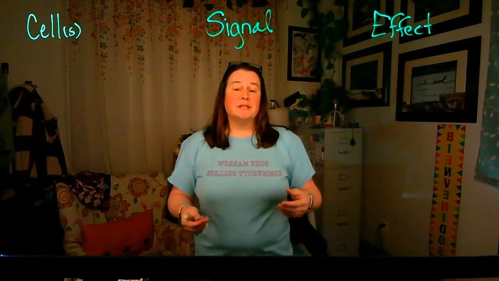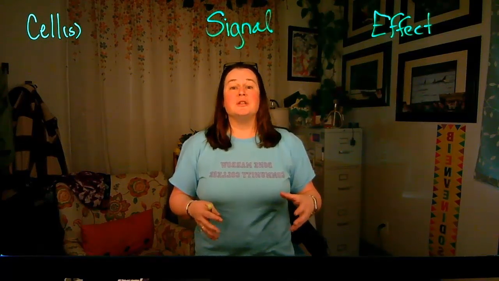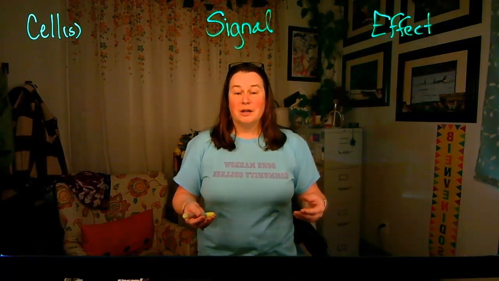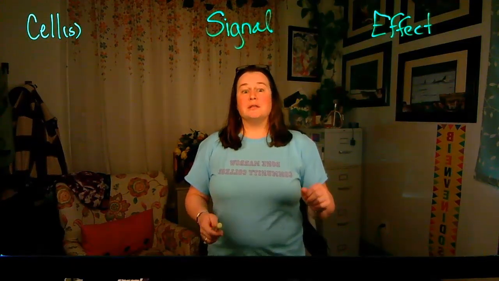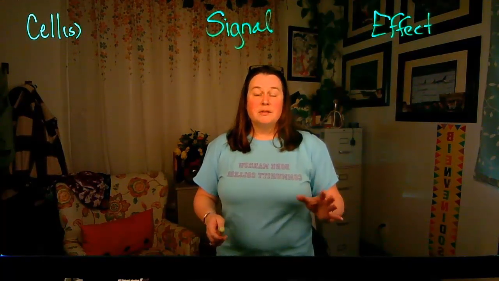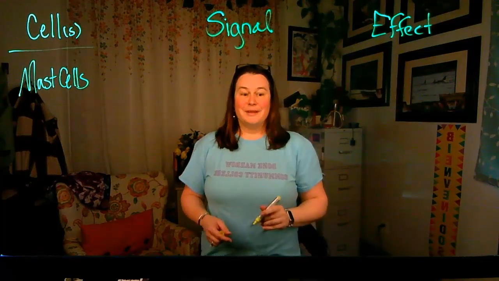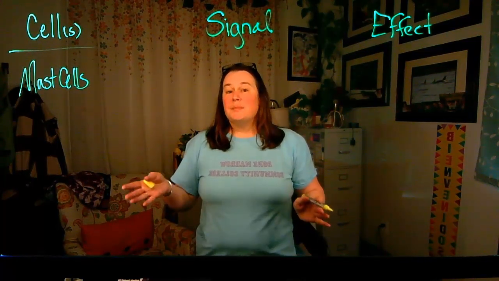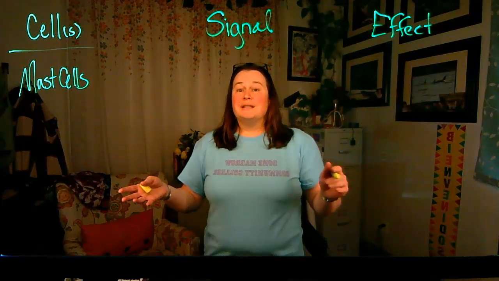Inflammation is the body's natural way of producing a cast and protecting an area that has been damaged until healing and repair can occur. There are some key players that are going to be important in the inflammation process. The cells that are able to mediate this are going to be distributed throughout tissues in the body. Mast cells. These cells are embedded in tissues throughout the human body and are designed to release a signal, that